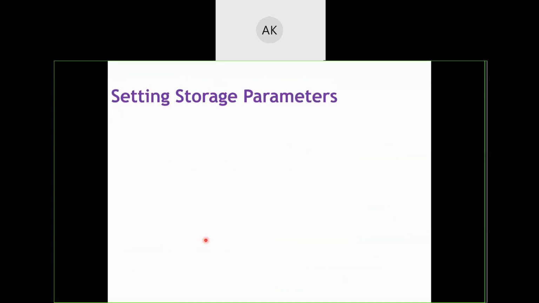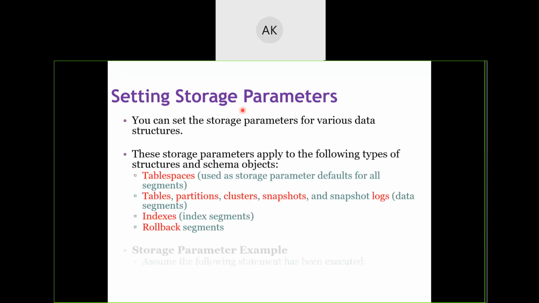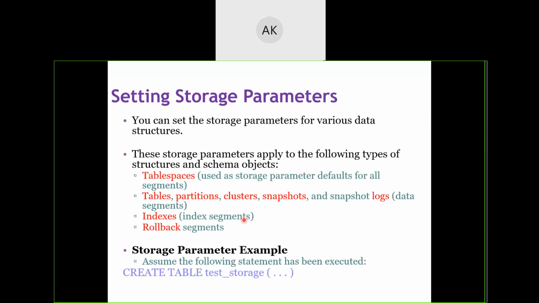Okay. So the third category for managing is setting storage parameter values. Setting storage parameter values with regard to the tablespace, which we have discussed earlier, and with regard to the creation of indexes, rollbacks and clusters, these can be very highly useful.